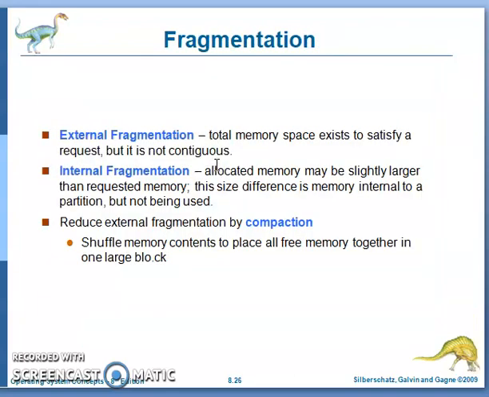Now the next topic is fragmentation. One is external fragmentation, the total wastage of space across all the partitions. Internal fragmentation is the wastage of space remaining after occupying a process in the partition. Collecting all the wastage of space within the partitions is called internal fragmentation. Now compaction reduces the external fragmentation. Compaction is a technique of collecting all the free spaces together in one block and making it available for other processes. That is compaction.